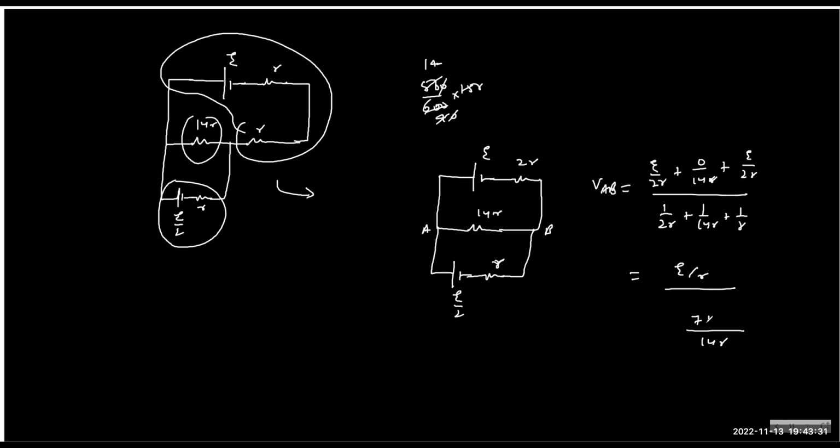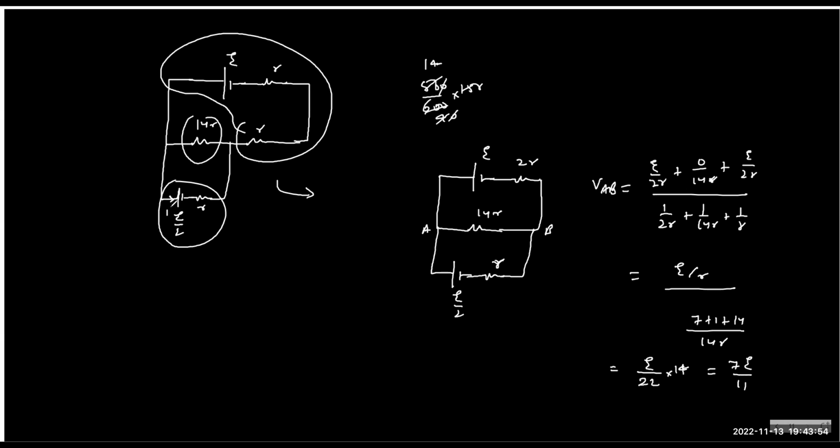So 2, 7, 1, 14. How much is that? 22. Very good. So it's E by 22, right, into 14. It's 7E by 11. Am I right? So the net potential across A and B should be 7E by 11, which is only